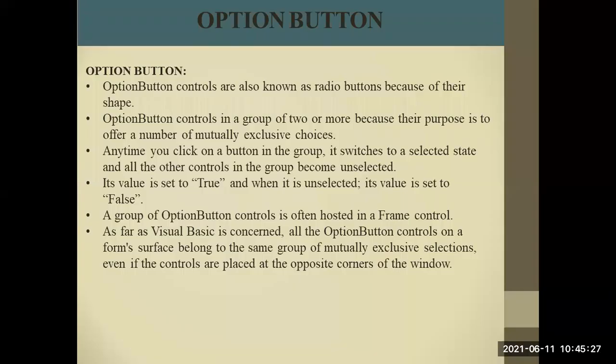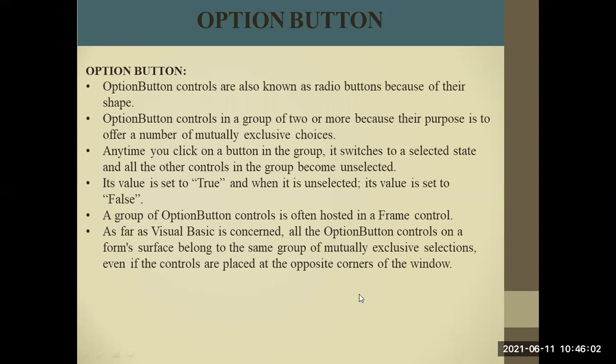So the option button is very similar to the command button we have discussed, but it has slightly different features. In the previous command button, we had only one option to click, but here we have different options. The second thing is that whenever you choose one option, the other options automatically get deselected. Sometimes this option button is also called a radio button, because it has the features of a radio button.